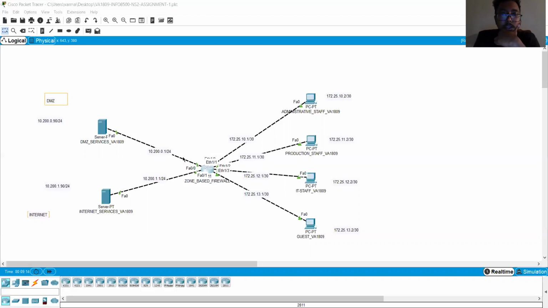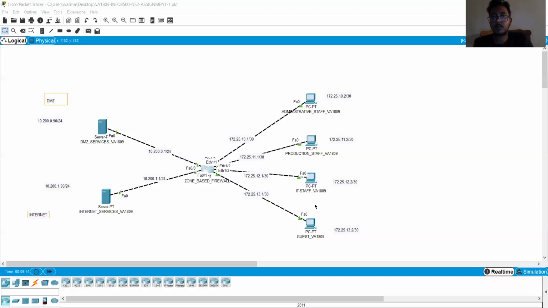After that, I configured class maps, where we put the protocols we want to use in a container. We direct these class maps to the policy maps, which we use to configure the permissions between the network devices, like admin to internet, admin to DMZ, or one workstation to another.